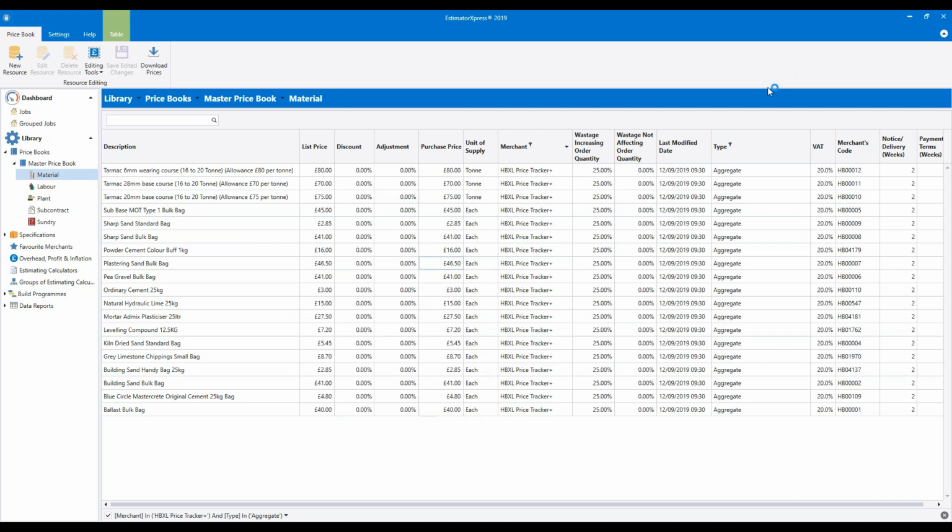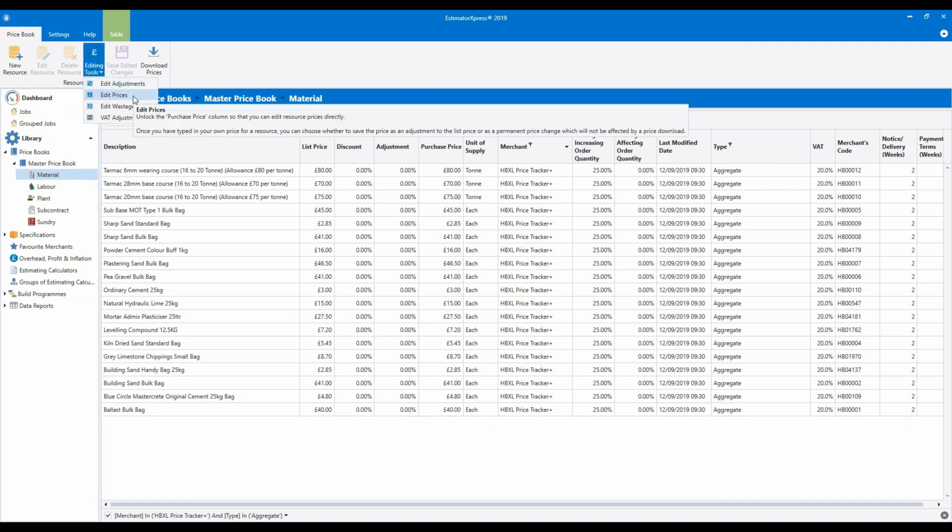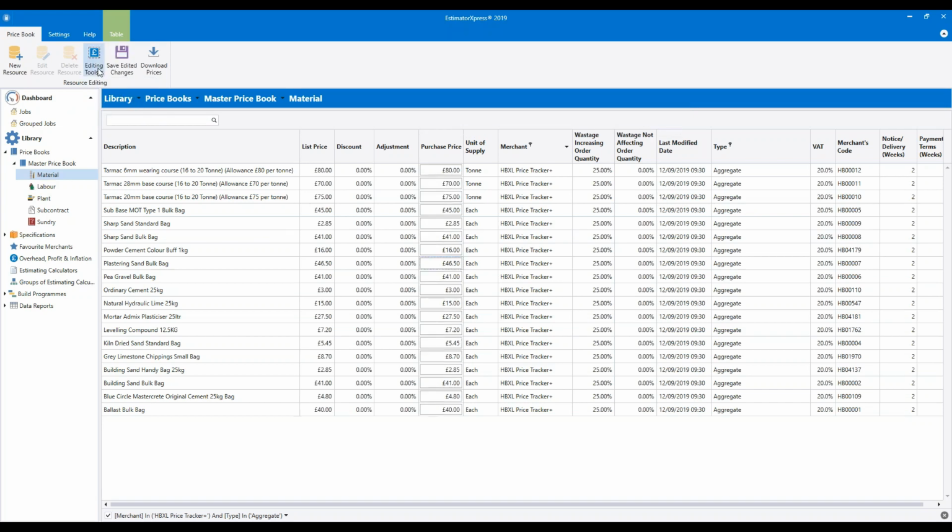Once you've done that, click off the menu, click anywhere else on the screen. So you should now see a relatively short list of aggregate products. So again, to edit the prices, we go to the Editing Tools drop-down menu and we click Edit Prices. So Editing Tools, Edit Prices, the Purchase Price column has now opened up.